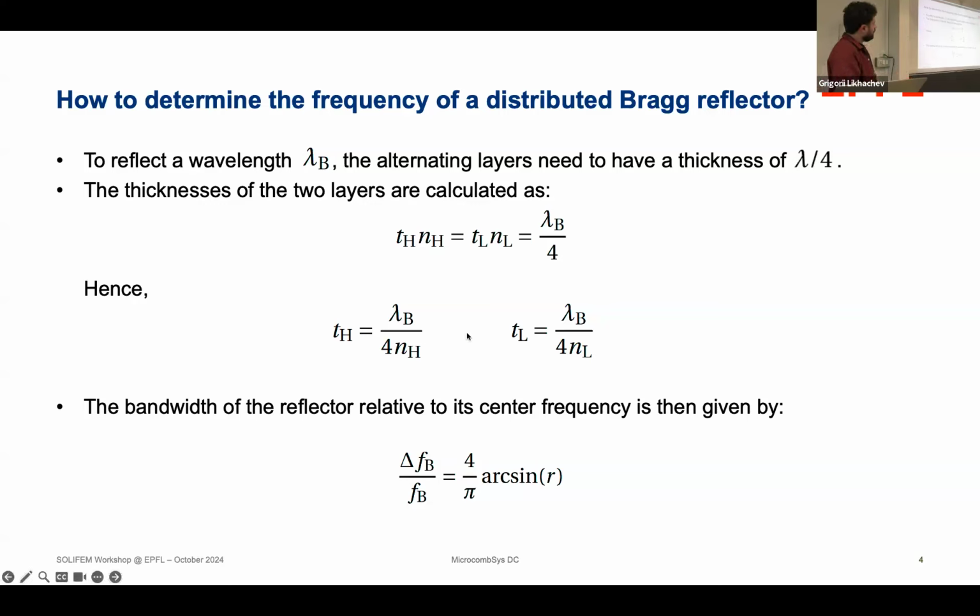Yeah. And that will give you how thick the two layers should be with respect to each other. Then the sum of both will give you the width of the whole unit cell. But we'll look at this unit cell business better for COMSOL. As another formula, we have that the bandwidth of the reflector relative to its center frequency, so it's a relative